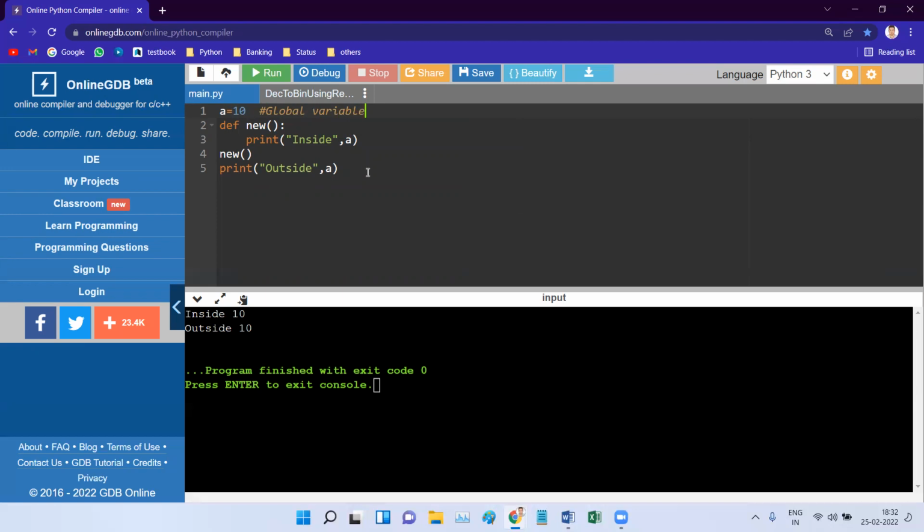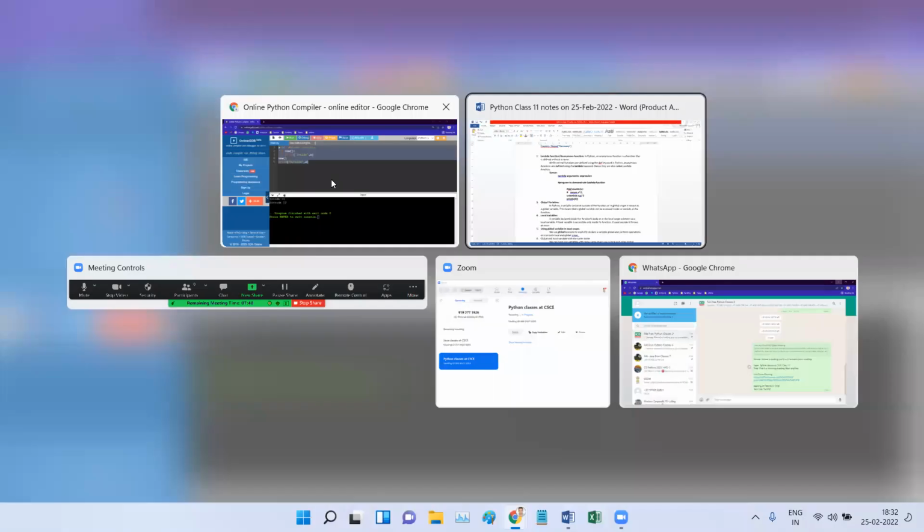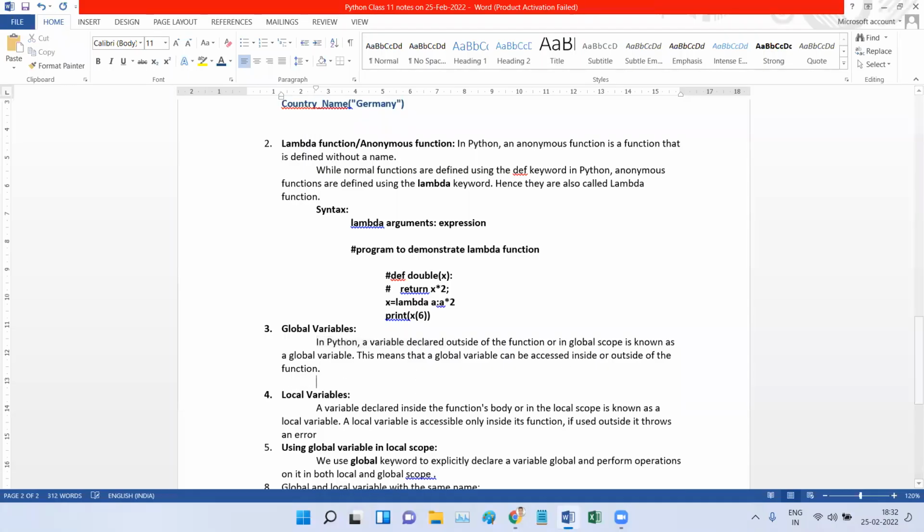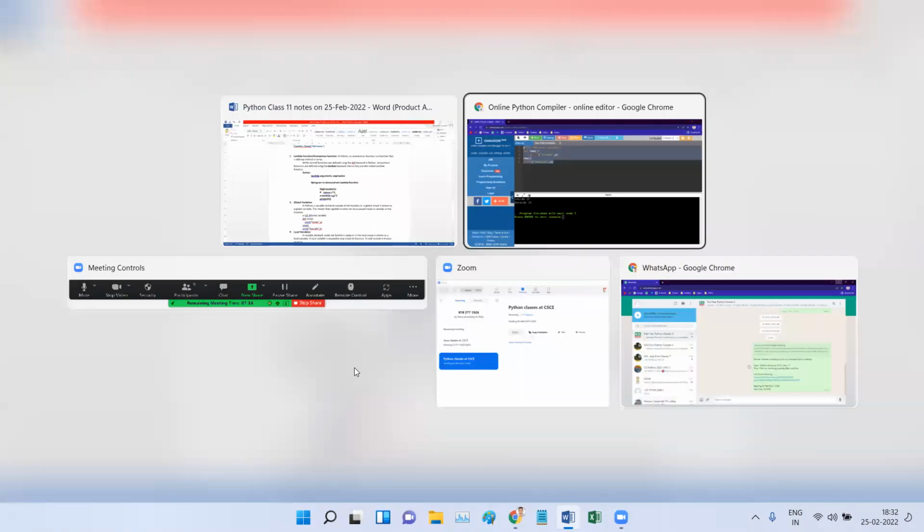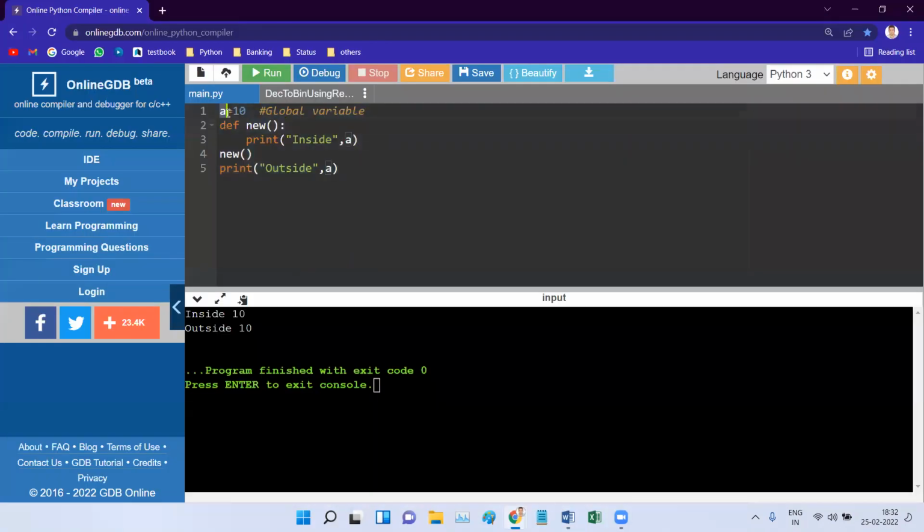This was a global variable. Now I am copying this and giving this value inside the function. When I give it inside the function, it is not called a global variable, but a local variable.